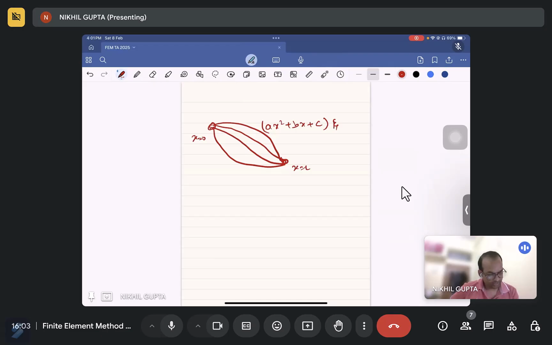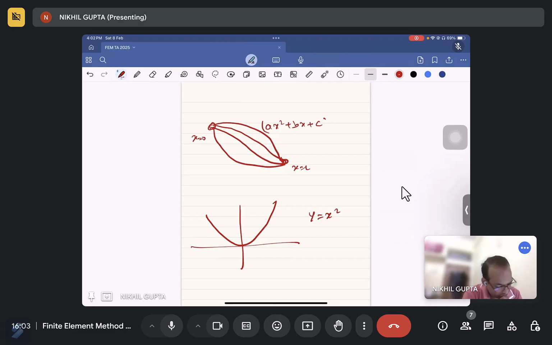Let us multiply this value with 2. Let's take the equation as y equals x square. Now, if we take 2x square, to multiply it with some scalar value,